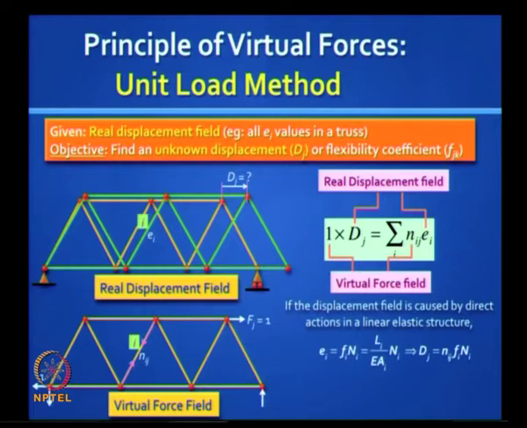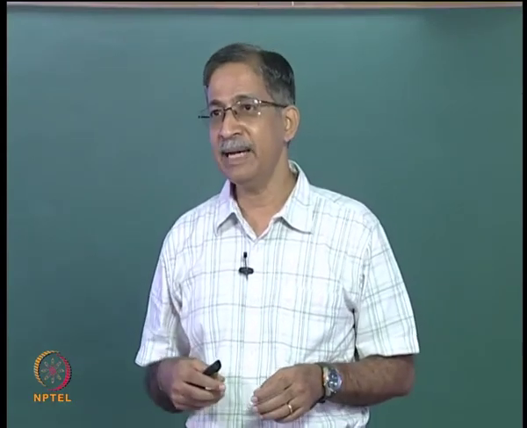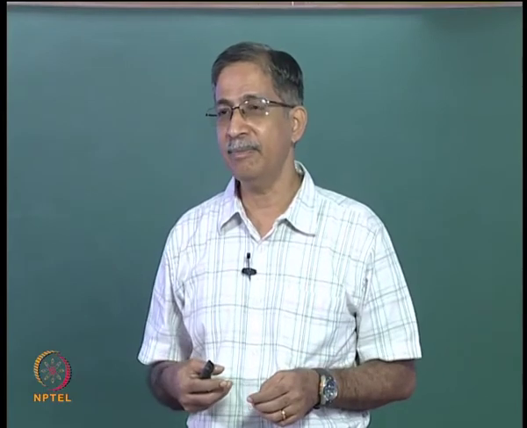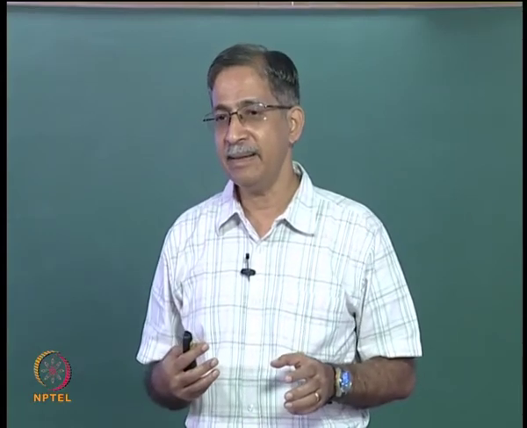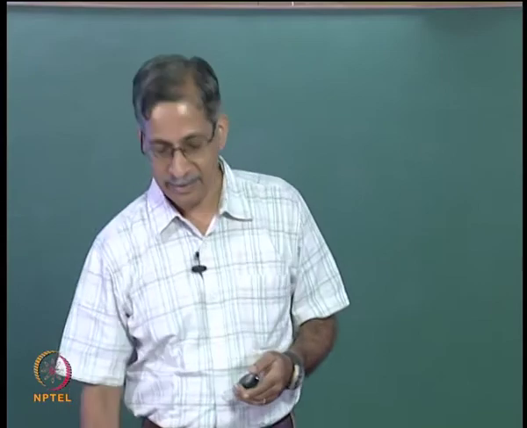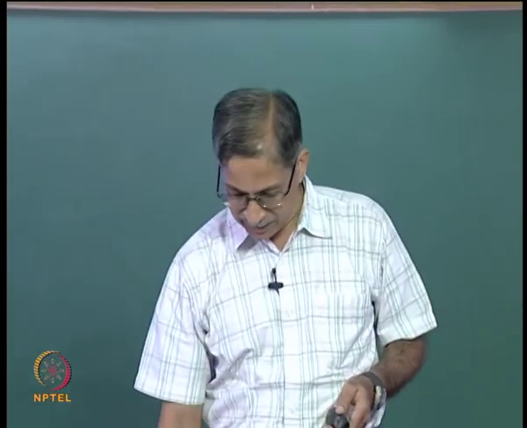It does not matter what caused the displacement. If the displacements were caused by the application of loads on the truss, then you can get the bar elongations from the actual forces in that real truss by multiplying Ni with fi. What is fi? It is the actual flexibility in the truss, and we have already seen this fi is equal to Li by EAi. We assume that all the bars have the same material, so the E value should be common. If it is not, you can account for it. And so you have this formula: dj is equal to the sum of Nij fi Ni.